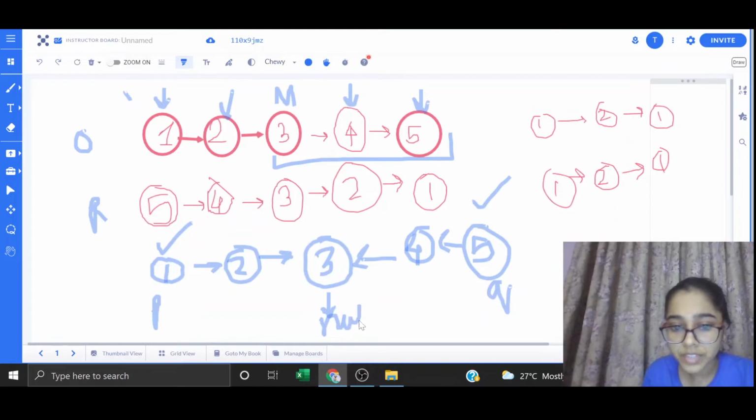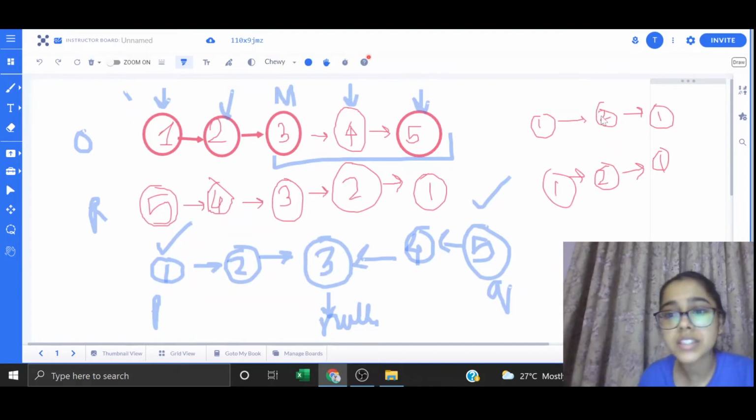If the condition satisfies, then the linked list is a palindromic linked list. But here, the value at pointer P is 1 and the value at pointer Q is 5. So it will say no, it is not a palindromic linked list, and will return false.